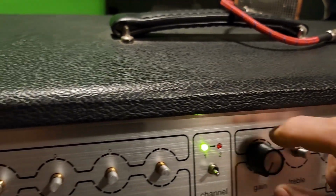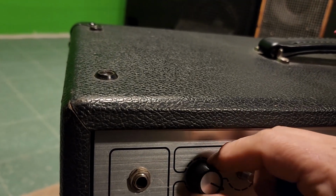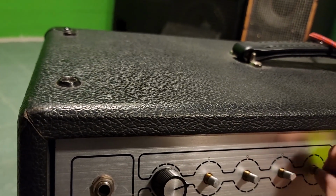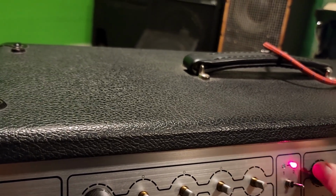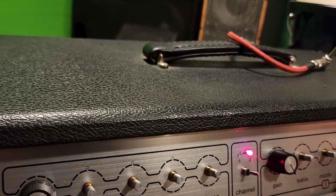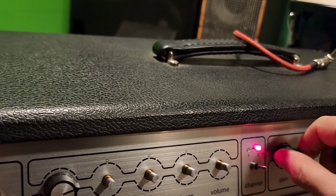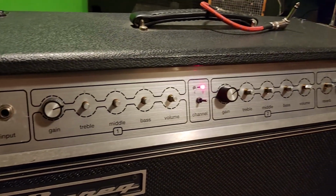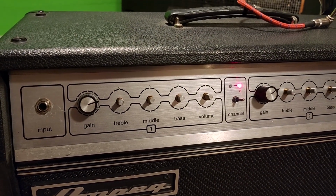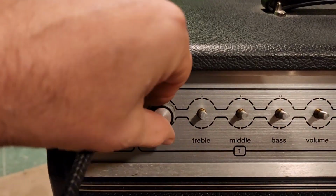So far there's no problems with the sounds whatsoever, so let's get some guitar on it, see how it works. Okay, there's a guitar plugged into the amp now. Okay, we've got